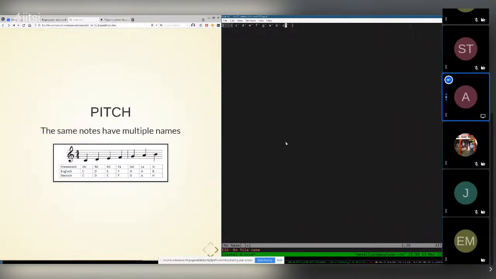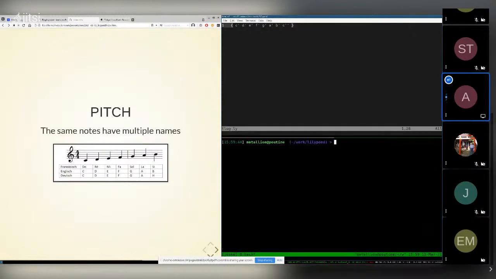No file name? Oh yeah, because I just opened NeoVim without giving it a file name. Oh, :w. File exists, okay. There we go. And now we got some syntax highlighting too.